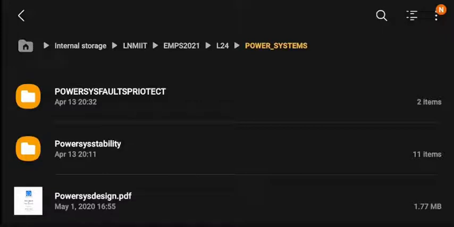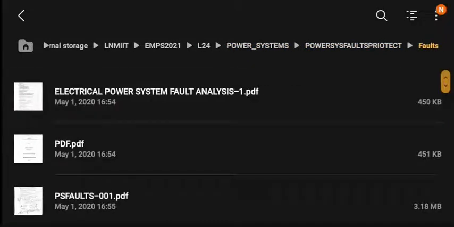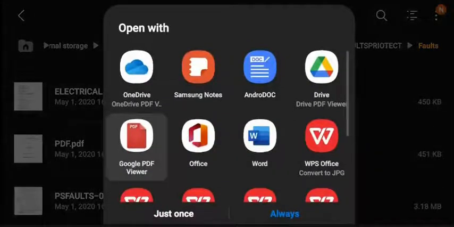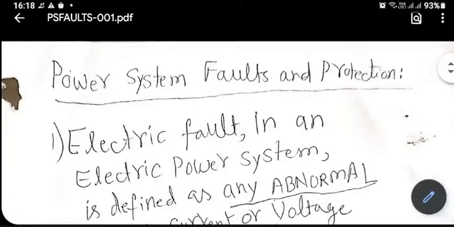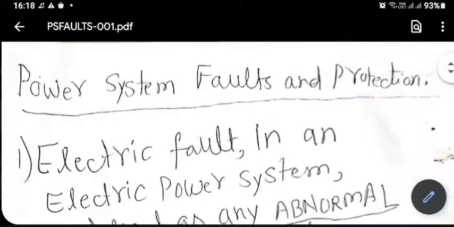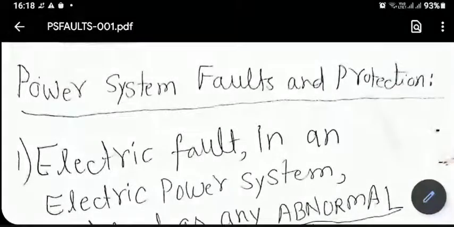We'll come to that if time permits. Let me begin with my own notes first. Power system faults and protection.